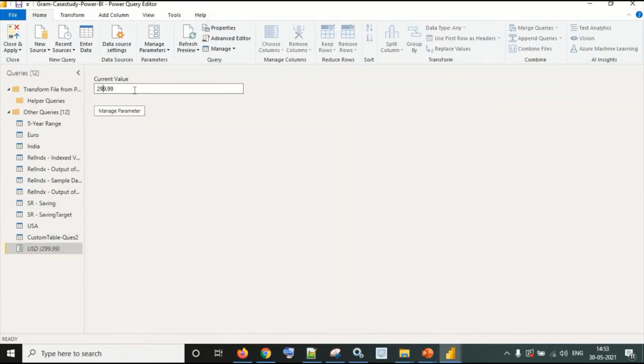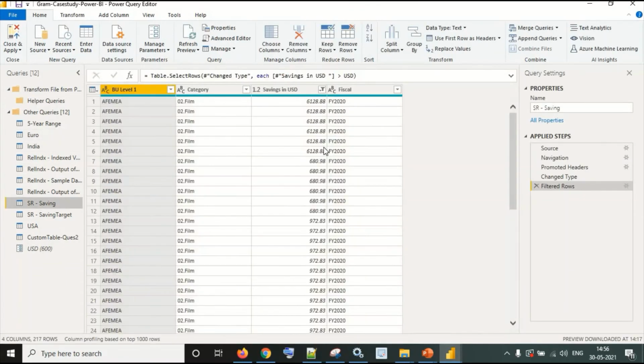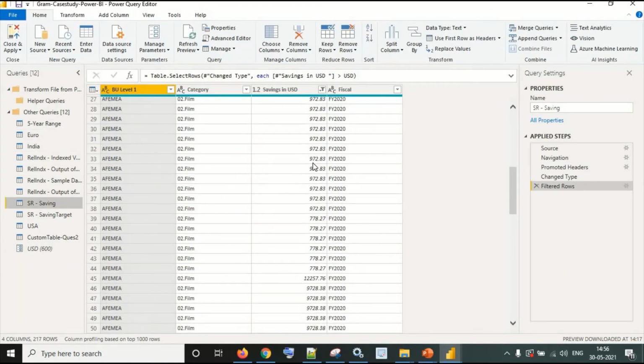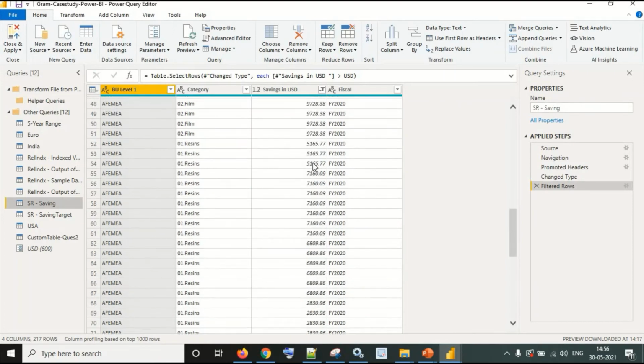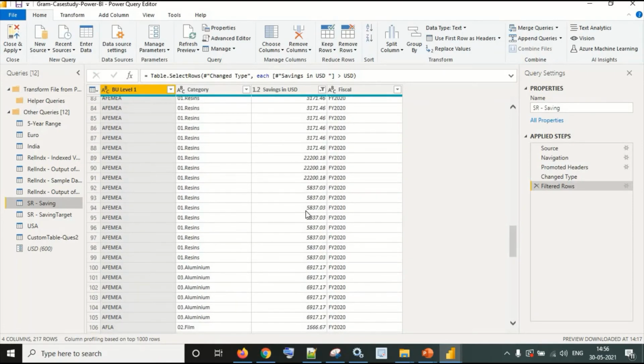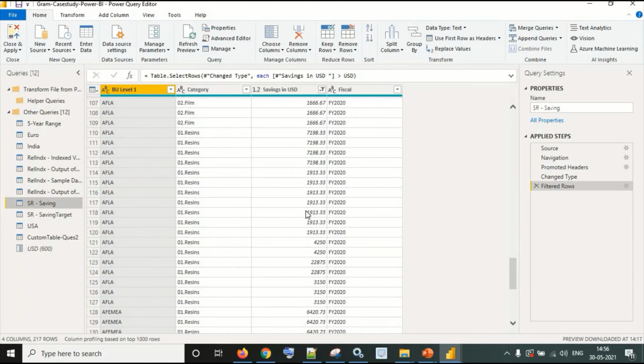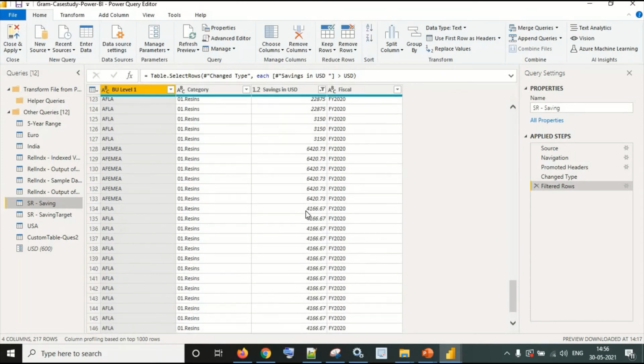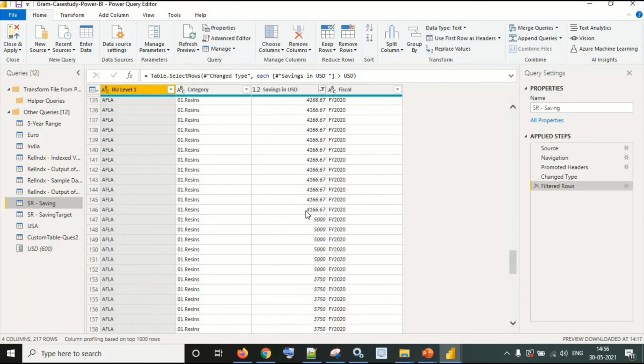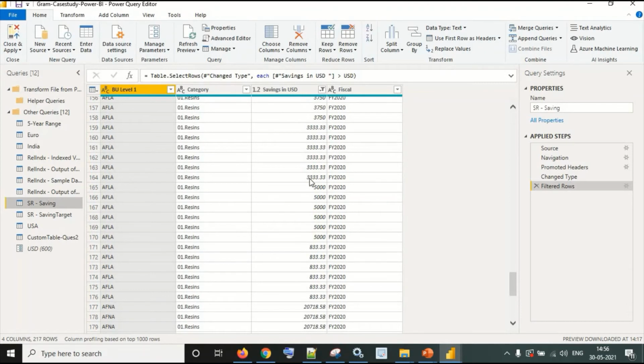Now what if I want to change the filter? If I use 600 over here, let us see if I get the values available. So obviously values less than 600 got removed from here.